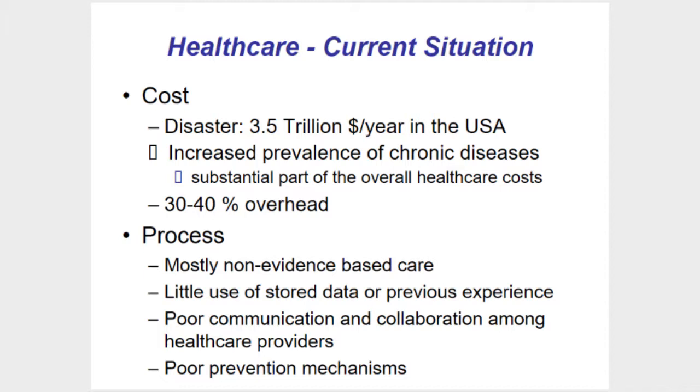What does overhead mean? Overhead means that this is the amount of money that is spent on the support of healthcare. It doesn't go to the payroll of those physicians, nurses, technologists who are taking care of the patient. So anything that is not directly going to the patient is overhead: the support, the technology, the admin, the infrastructure. I'm not talking about the medical infrastructure, but the other infrastructure that supports it. So 30 to 40% of $3.5 trillion, we're talking about almost $1 trillion, which is $1,000 billion in the